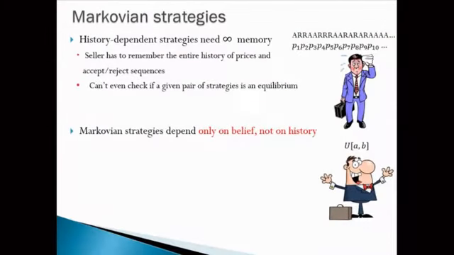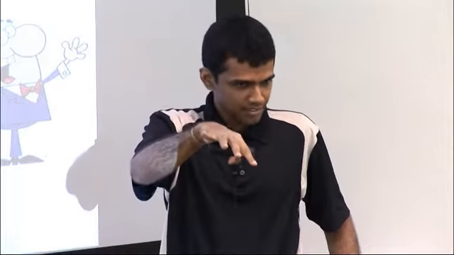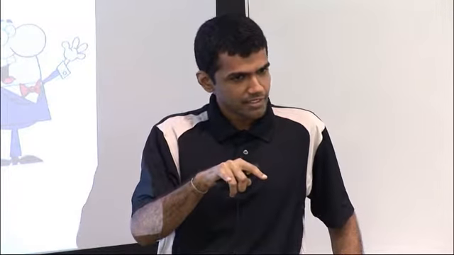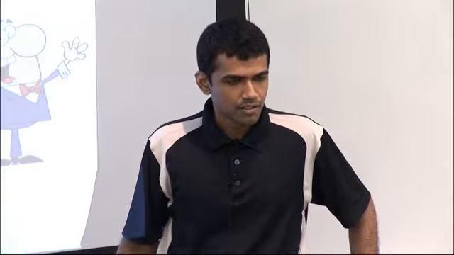Okay, so Markovian strategies are basically those which depend only on the belief, not on history. Belief means what your belief is about the buyer's value distribution today. It doesn't matter what path you took to come to this belief about the buyer's value distribution, right? Now this belief, of course, is not a. What is the belief dependent on? Belief is dependent on how the game progressed so far, right? So I put a price of P, the buyer rejected, okay, then this. I mean, there is an initial distribution, it's uniform 0-1, and then I put a price, you rejected, then you accepted, then you rejected, and so on. I continuously update my beliefs. Isn't that what you mean by history?